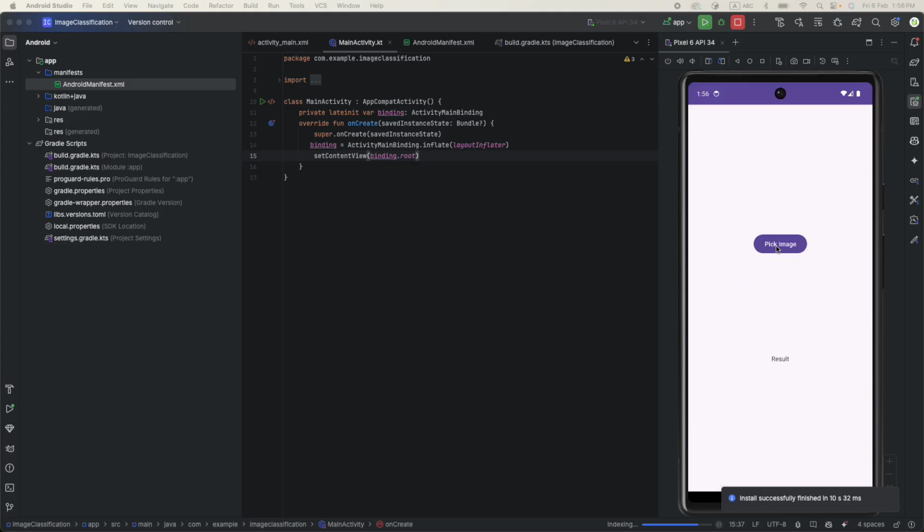So you can see our UI, we have pick image button, and then the image you don't see anything, and the text as result. For now this button won't work because we don't put any action for this button. So let's quickly add our